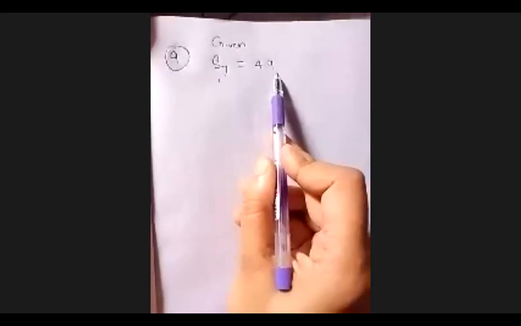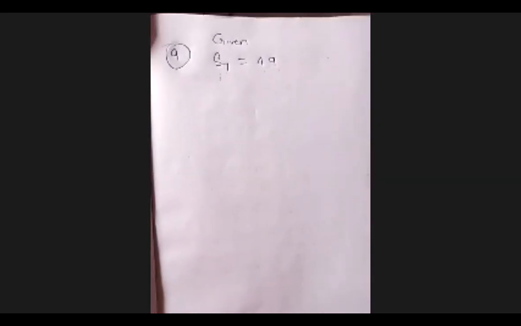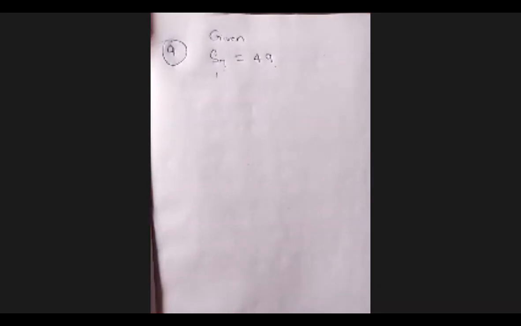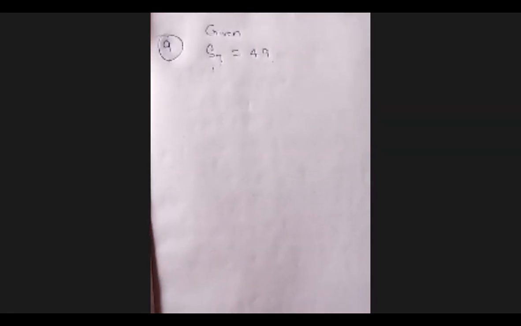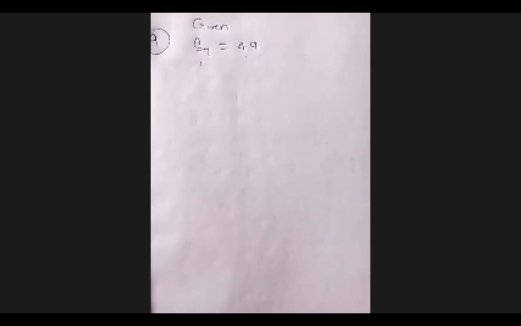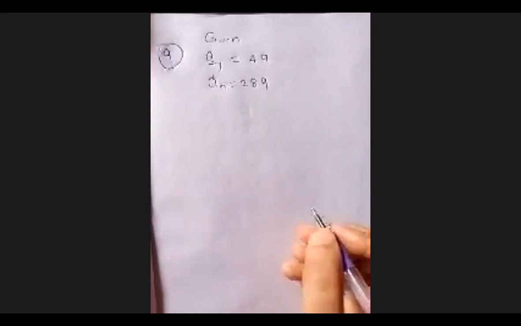Here the sum of first 7 terms of an AP is 49 and that of 17 terms. So here the statement is slightly different. Why? Because some students can understand this statement as the sum given for 17 terms. But what is given for the 17 terms? The sum, 289. Find the sum of n terms. What do you have to find? Sn. So here you can find out the equation.